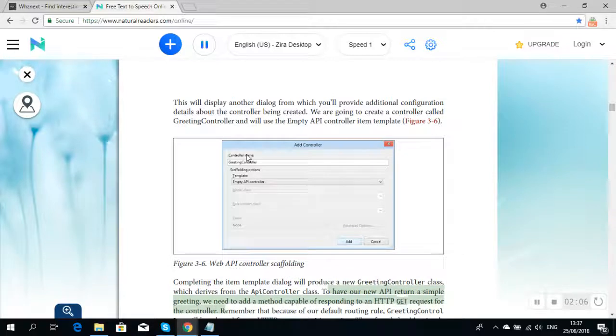To have our new API return a simple greeting, we need to add a method capable of responding to an HTTP GET request for the controller. Remember that because of our default routing rule, GreetingController will be selected for an HTTP request to api/greeting. Therefore, let's add a simple method to handle GET requests as follows. public class GreetingController : ApiController { public string GetGreeting() { return "Hello World"; } }